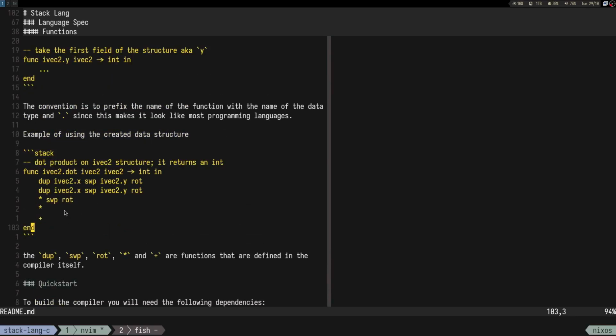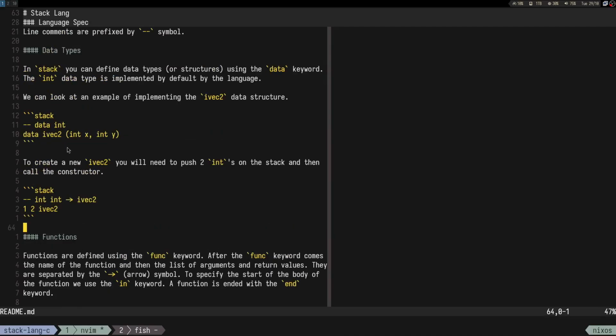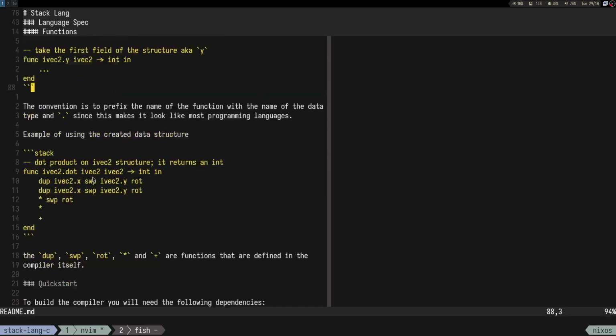For now I think that being able to create your own data structures and these functions maybe are enough. I don't know. Maybe they are enough for some stuff,